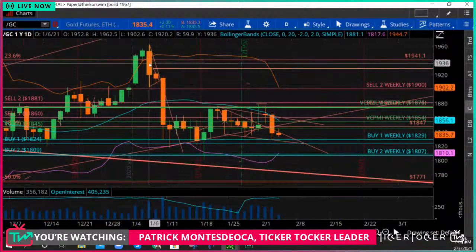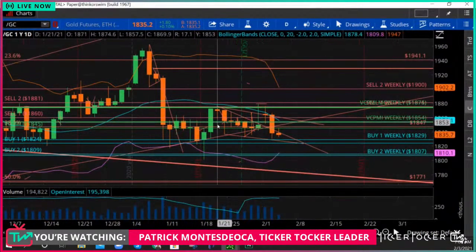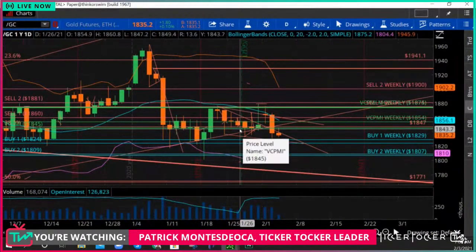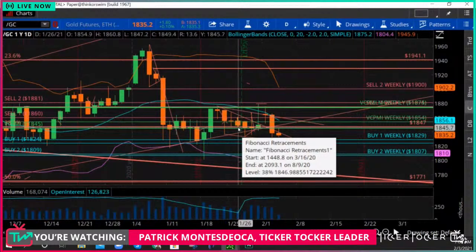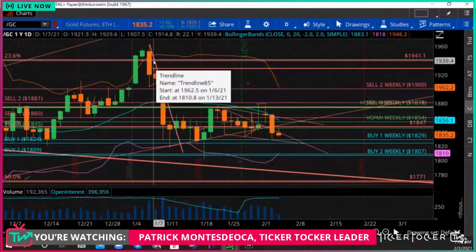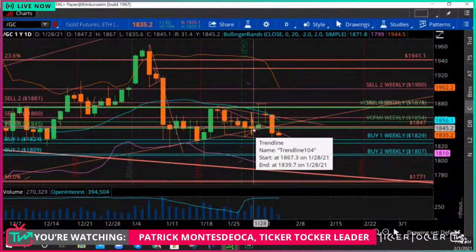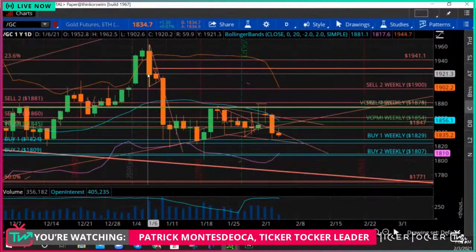When this signal was activated, it activated the levels below, which is the mean and the levels below the mean. And so automatically it activates your targets, your levels,